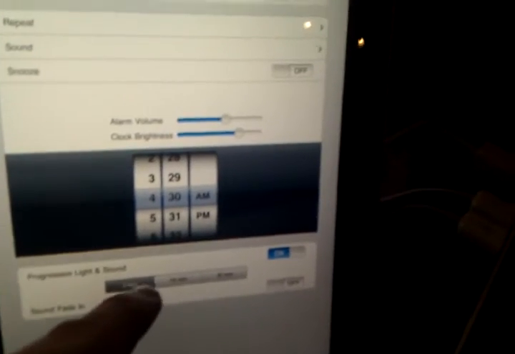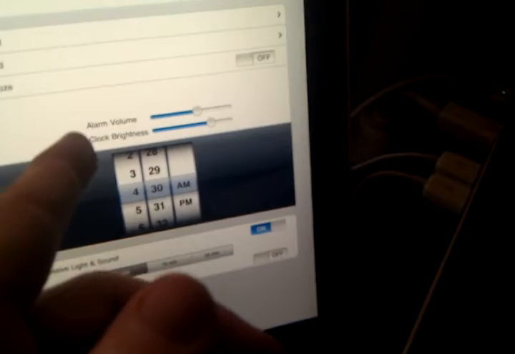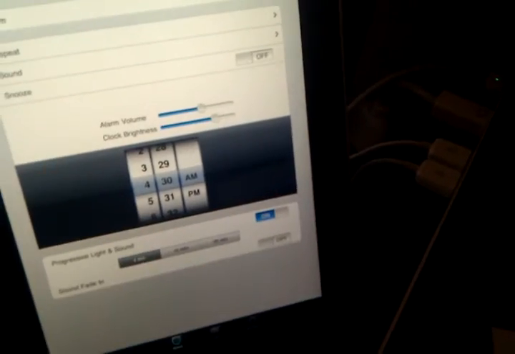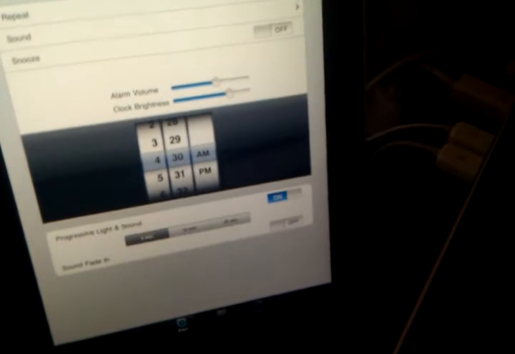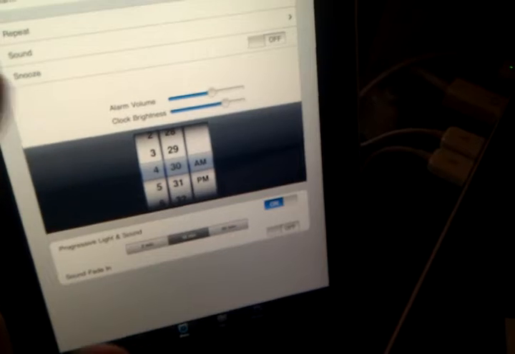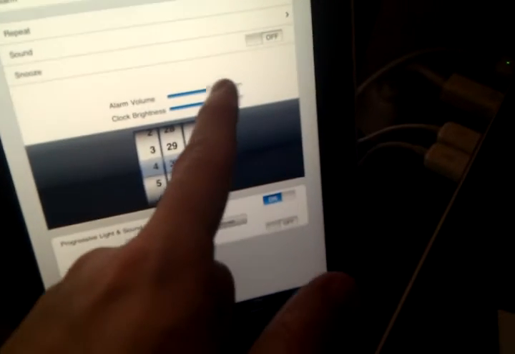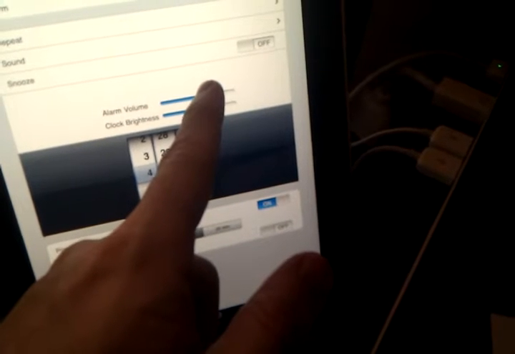So the brightness and the volume should be on a continual path, right? So I'm using 10 minutes, it should take 10 minutes for the sound to get to full volume, whatever this is here,